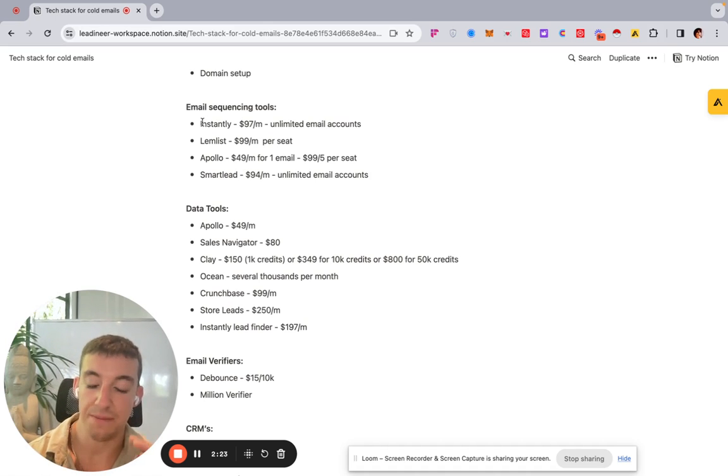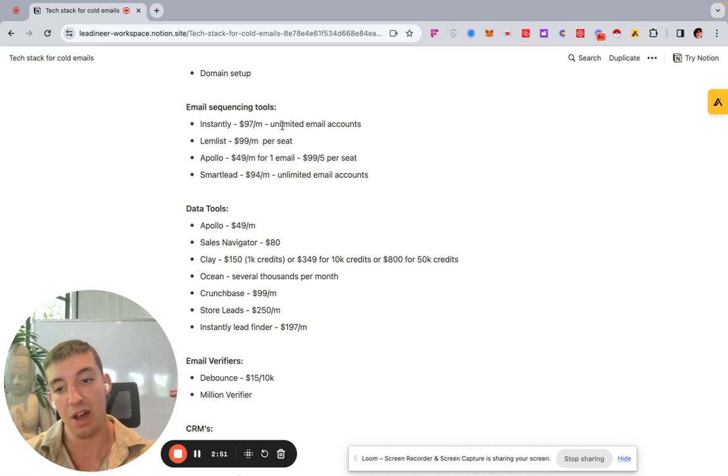So in my opinion, the two best ones from this are Instantly and SmartLead. Instantly is $97 a month and SmartLead is $94 a month. Now, the great thing about these two in comparison to, say, for example, Lemlist and Apollo, these are still worthy of mentioning, but I've not used them as much. I've used them, but not that much. The main difference and the best thing about these is they have unlimited email accounts that you can send from. So that means you pay $97 a month and you can set up 100 plus whatever emails that you want